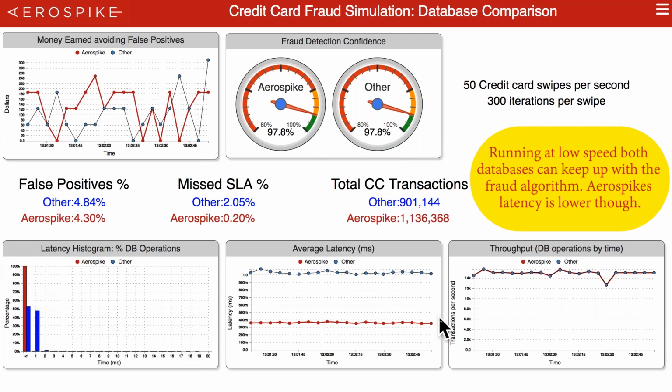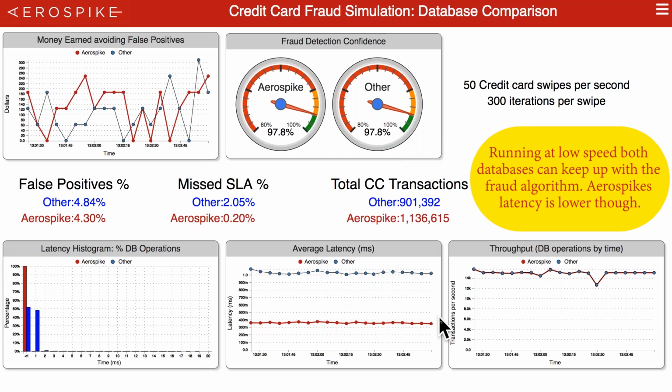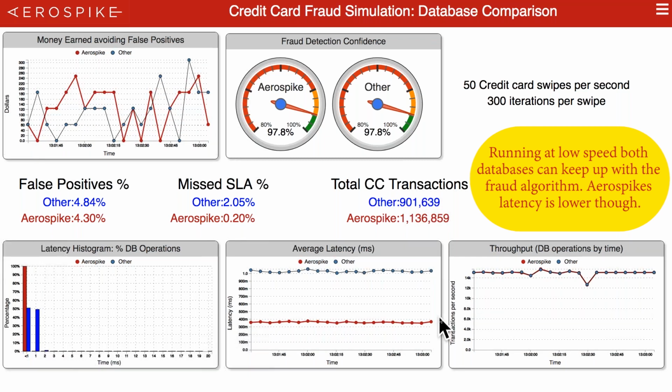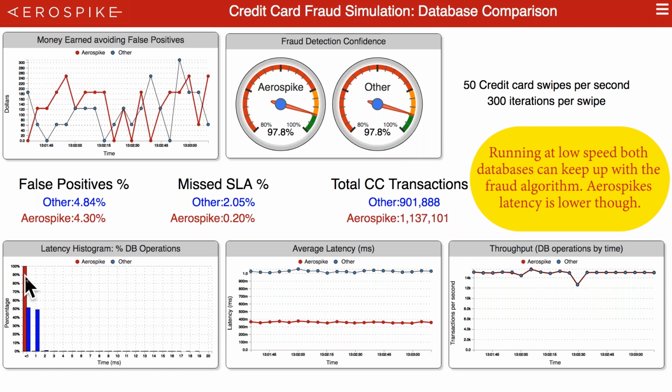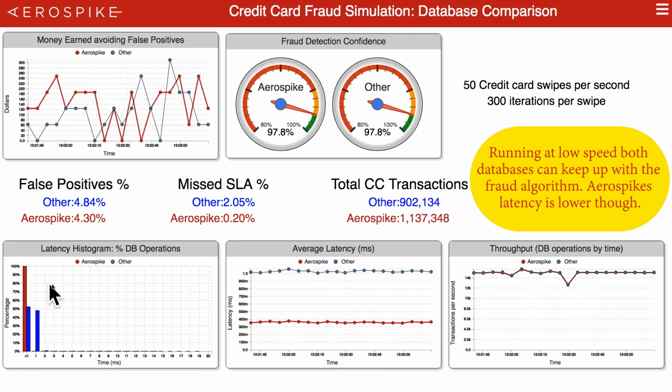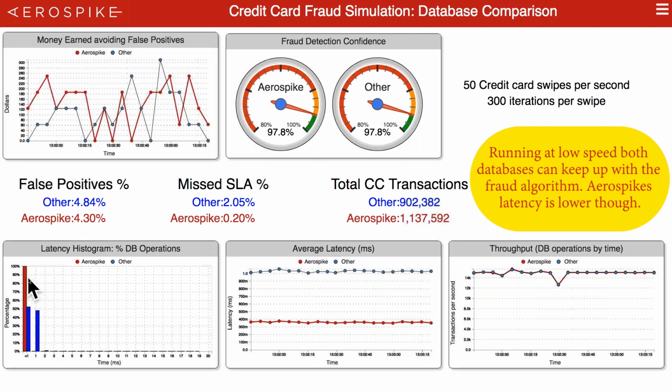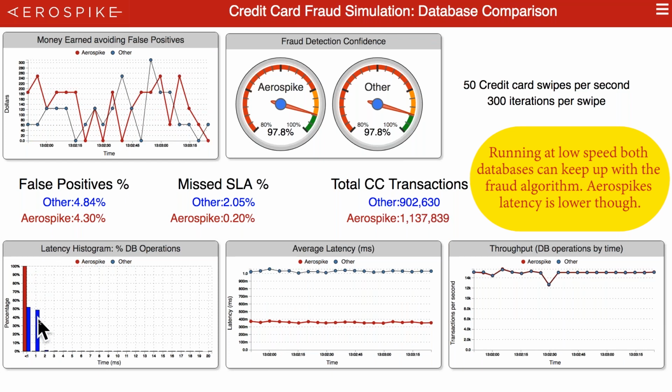Service level agreements typically measure a credit card transaction from start to end, and we have that set at 50 milliseconds. Across the bottom, we're seeing a latency histogram percentage, where Aerospike is in red and the other is in blue, and we can see that 100% of the Aerospike database transactions are completing in less than a millisecond, as opposed to the other, where half of them are completing in less than a millisecond,